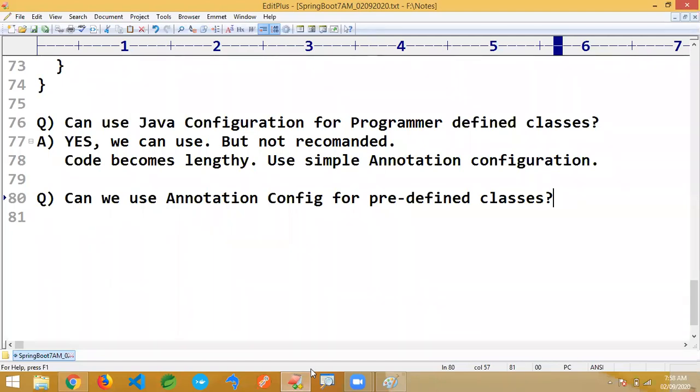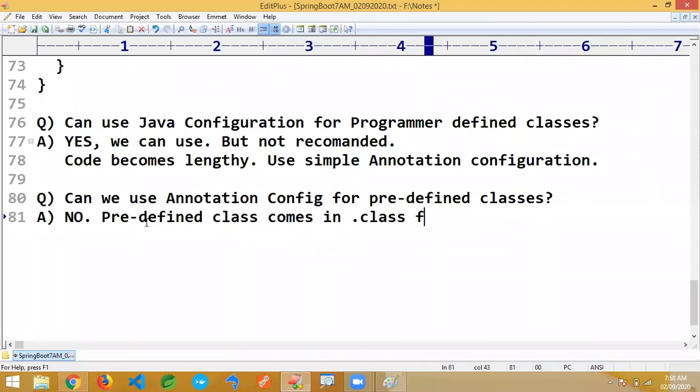Just a simple answer. The answer is no. A predefined class comes in .class format that we cannot modify.